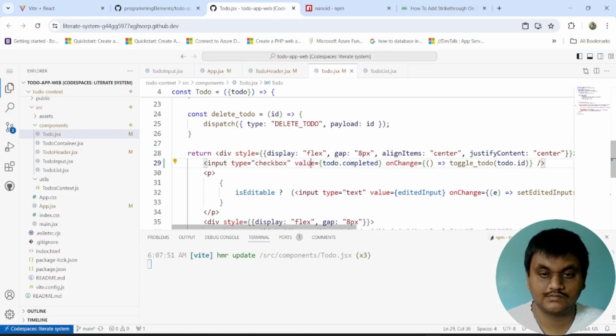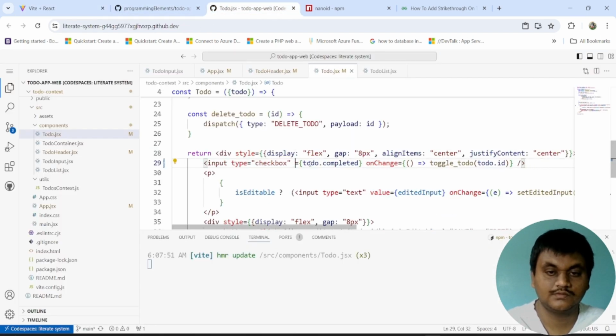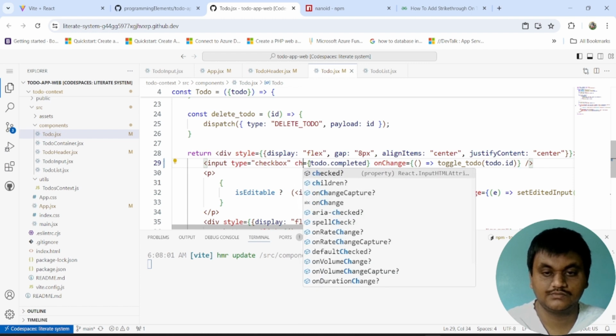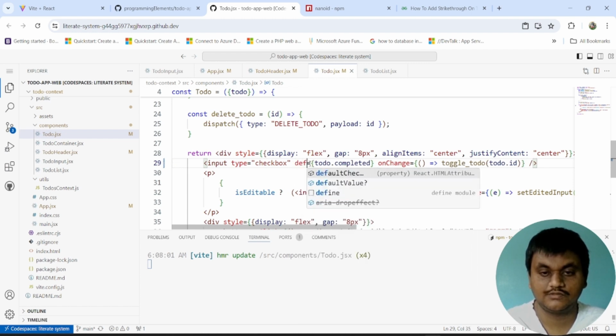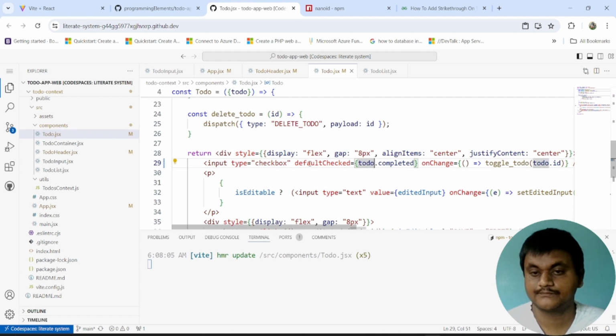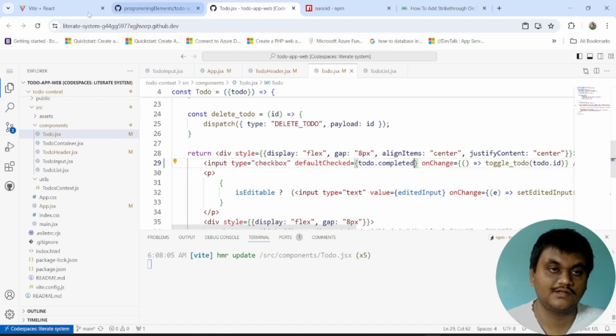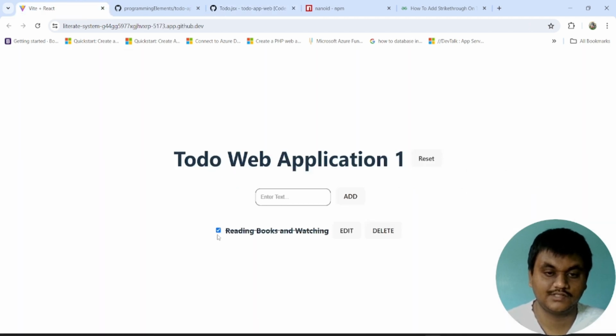You can use default checked, we can write it like this. Okay, if you see this default checked,